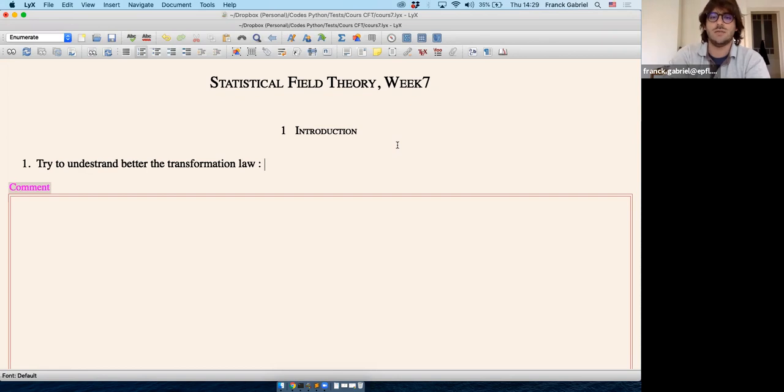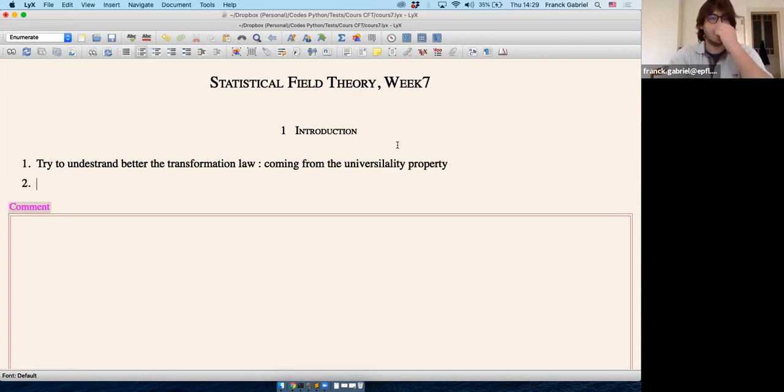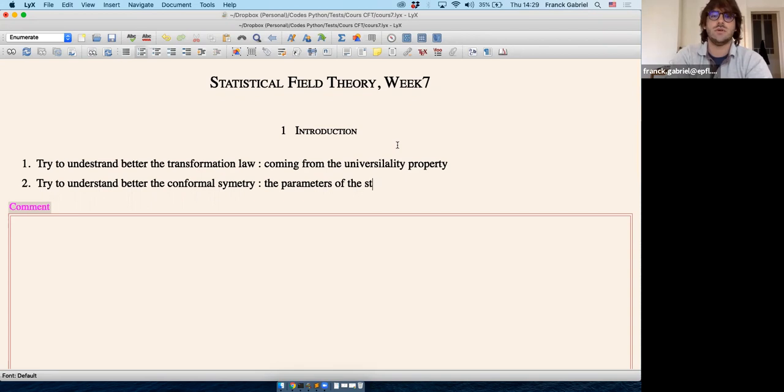This will come from the universality property. Then we'll also try to understand better the conformal symmetry. So it will be something which tells you that the parameters of the statistical model